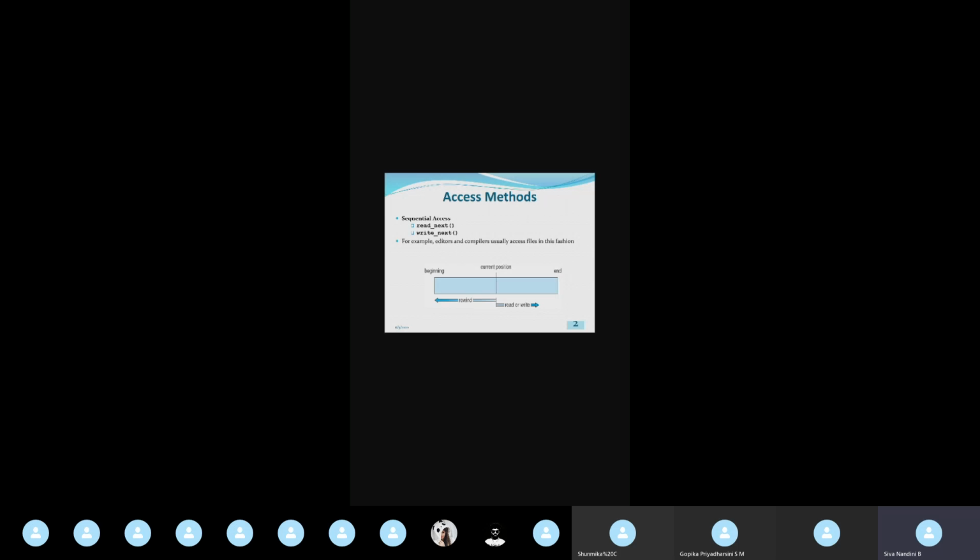The next file access method is direct access. It is also known as relative access. Direct access means, considering the previous example, if the disk is in position number 53 and I need to access data in location 60, we need not go through 54, 55 and so on.